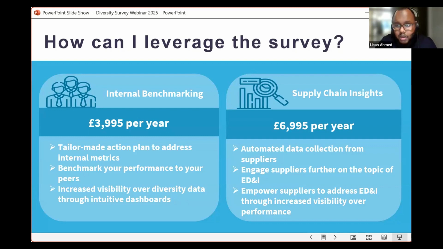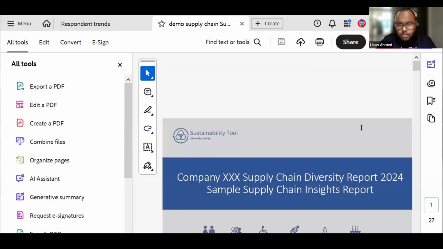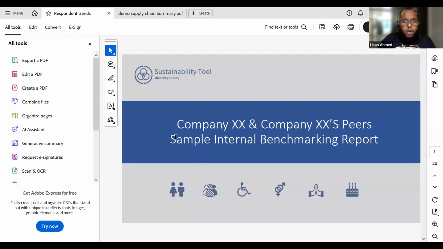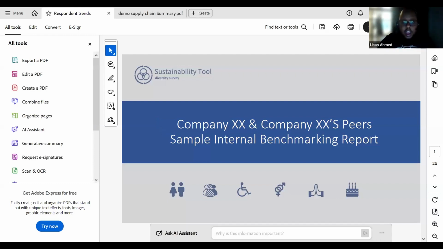So I'm just going to share my screen. Please bear with me. So hopefully you can see my screen. I'm just going to walk you through